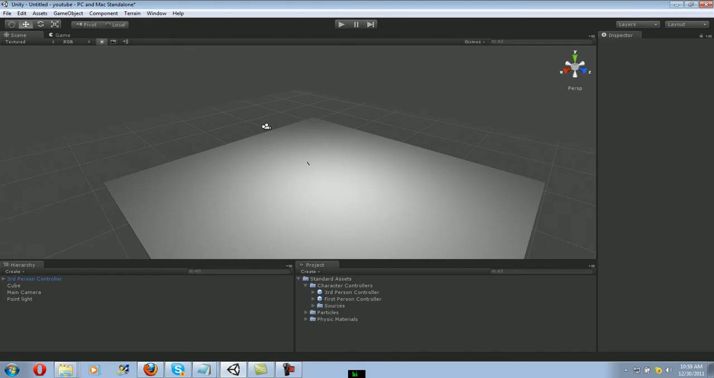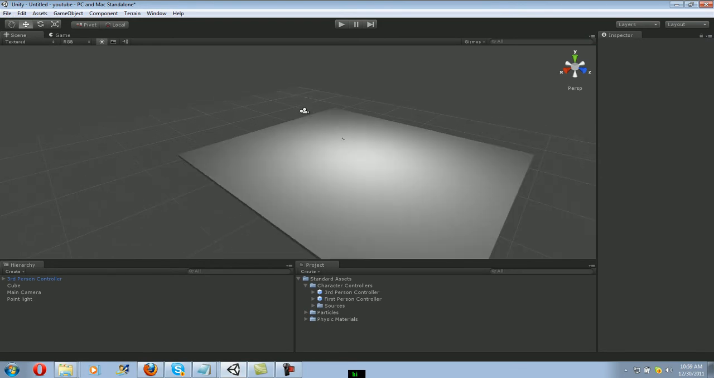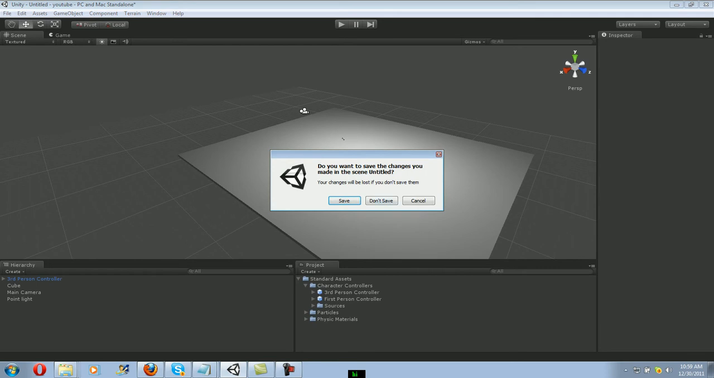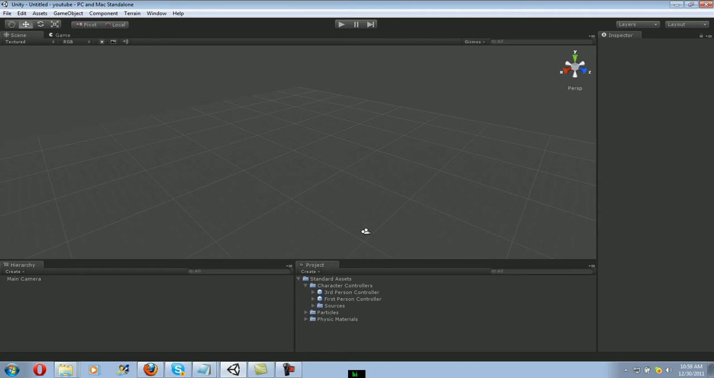First, you want to create a new scene. We're going to File, New Scene, click Don't Save. It's getting a little bit slow. So after you open a new scene,